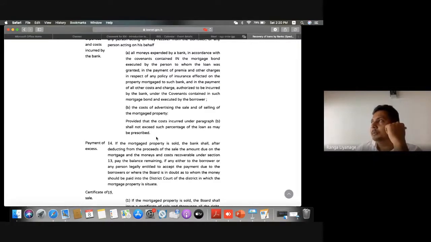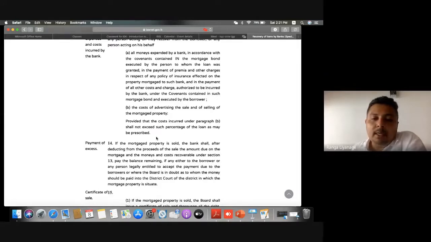Now, what's the excess amount? The bank wanted to recover 9.6 million, so the excess is 3.4 million, 34 lakhs. So can the bank keep that money with them? No, they can't. If they keep it, they are doing something illegal. So payment in excess: the bank shall, after deducting 9.6 million from the proceeds, with the example I gave, look at these words, pay the balance remaining, if any, either to the borrower or any person legally entitled to accept the payment due to the borrower,